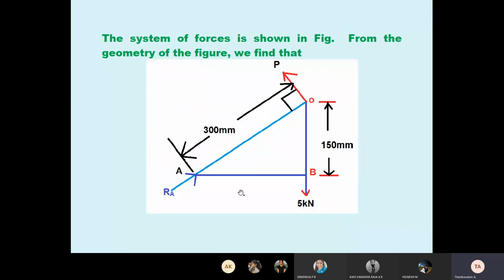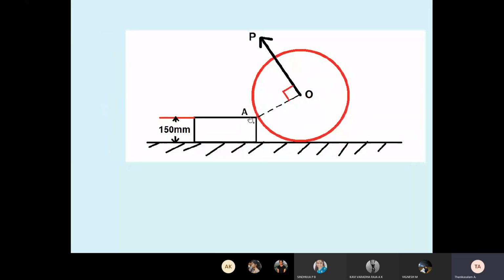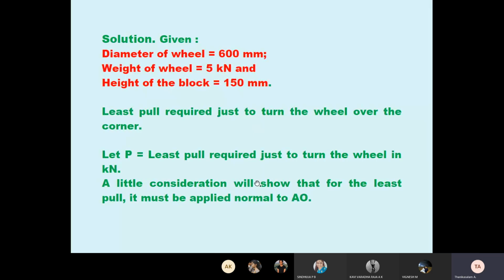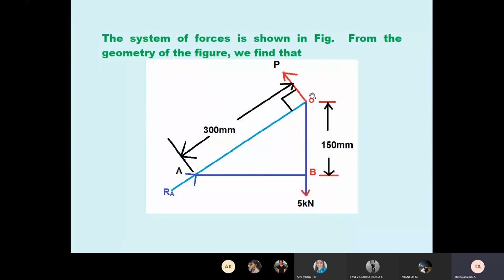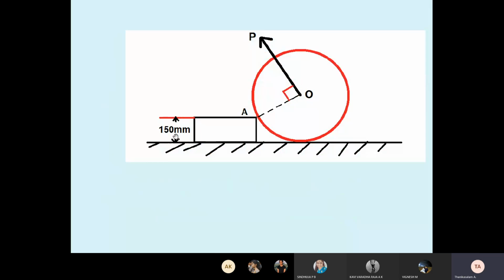Okay. From the bigger circle they have given, diameter 600, therefore radius 300. Here OA means radius. Understand? Students, OA means radius. That's why I marked the incline 300 mm. Then I marked 150. How did I get 150? The radius is 300, and the height of the block is 150. So 300 minus 150, 150 mm balance. So here in the middle I marked the B point.